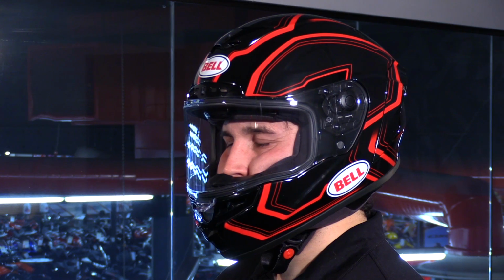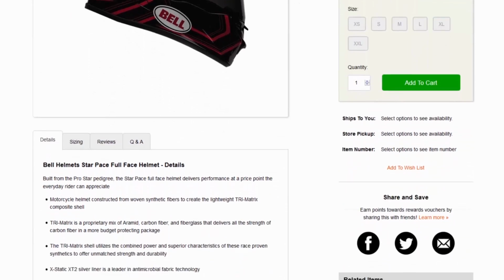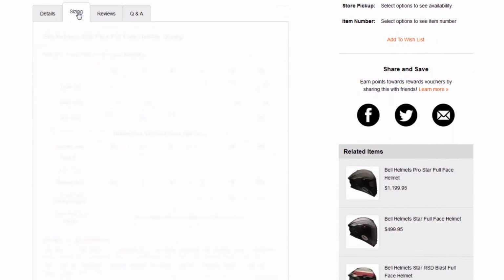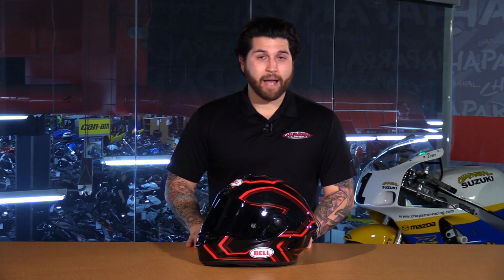This has a very aggressive, snug, race-inspired fit. It's an intermediate oval in the internal head shape. I measure at 56.5 centimeters, so if you look at Bell's size chart, that's going to put me right in between a small and a medium. I would definitely order a size medium because this helmet fits so snug. So use my specs and compare them to your own, and just use that as a guideline when it comes